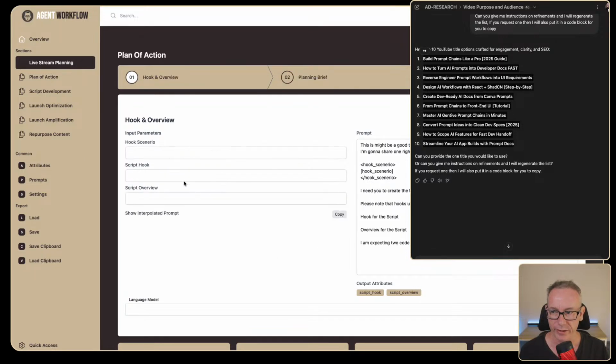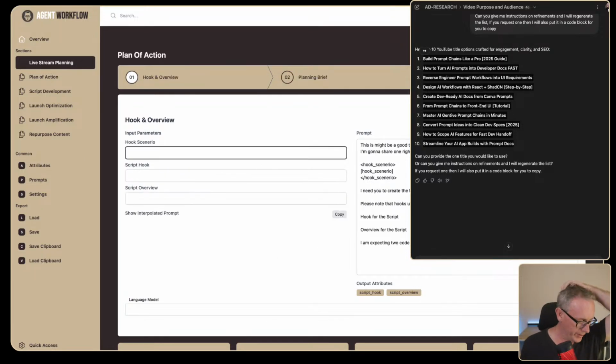And we come back to the hook. So what is the hook in the scenario? The scenario is Bogdan and Adrian and I are collaborating. So look, we'll just say that for now.